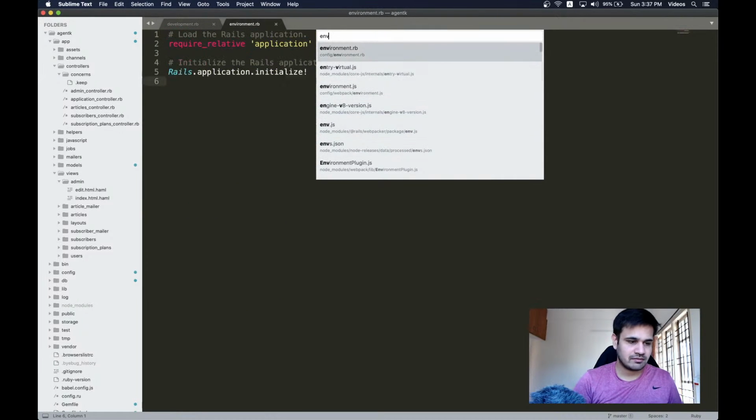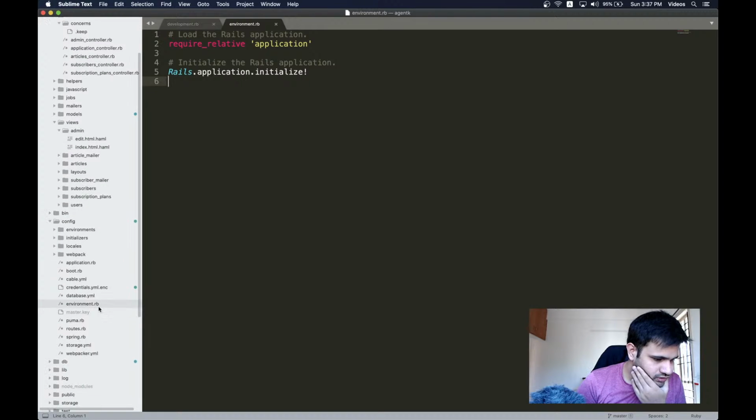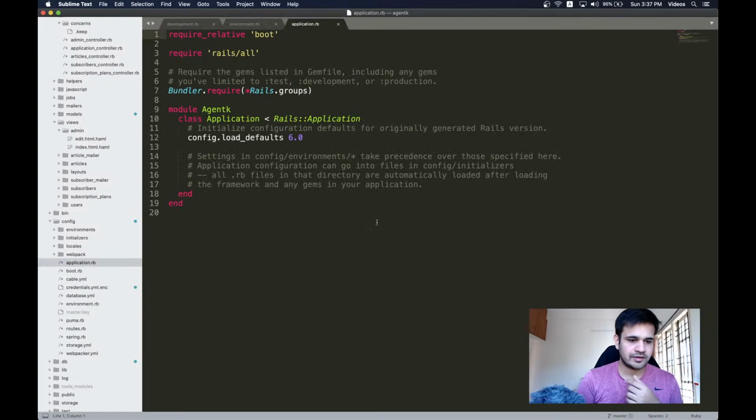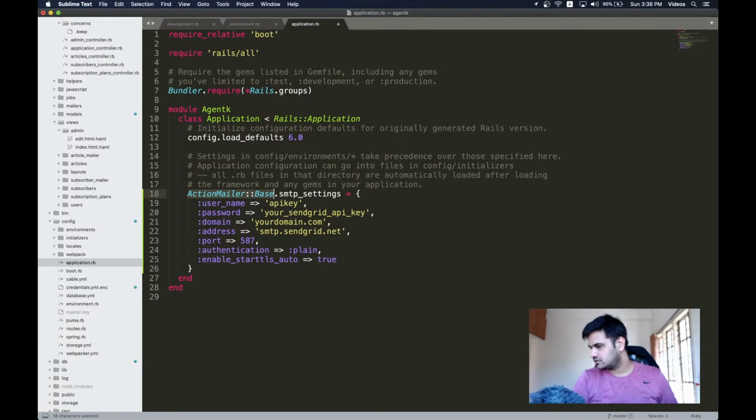Then which one am I looking for? Config. There's only one environment.rb. Is that not what I'm looking for? Maybe I'm looking for application.rb. Okay, and now instead of action mailer base SMTP settings,